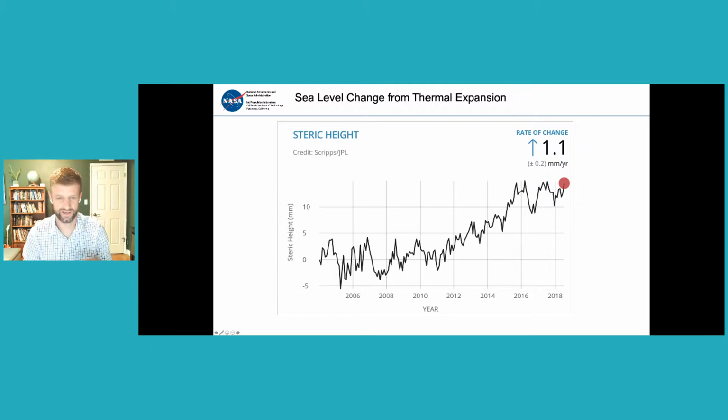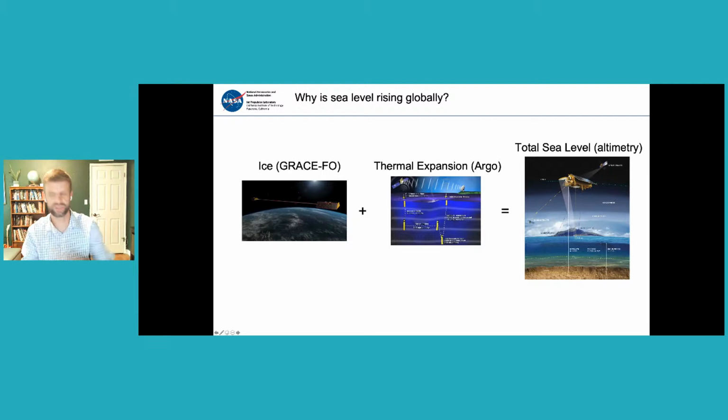So again, I had already kind of laid it out, but if we revisit this, you can see that what we're calling this global sea level budget does close, right? So we have 2/3 from ice, 1/3 from thermal expansion, and we know from the altimetry that this all kind of works out. So this initially might not seem like a big deal, but it really is for a couple of reasons. One, it's a really good test of how well our observation systems are doing.